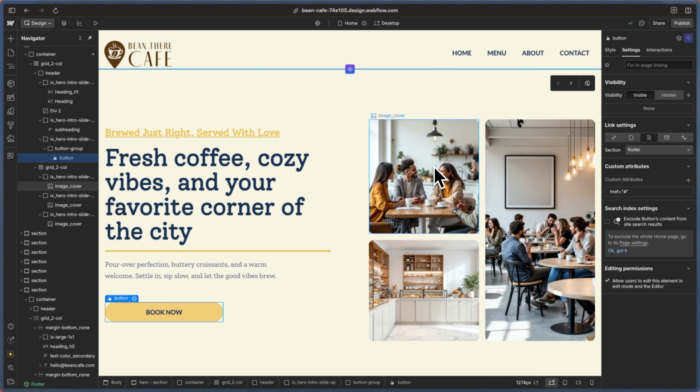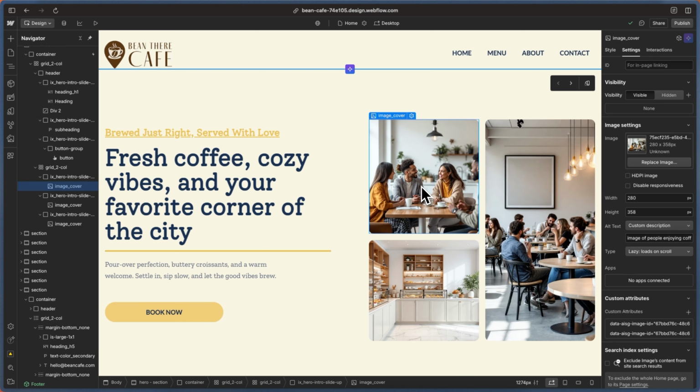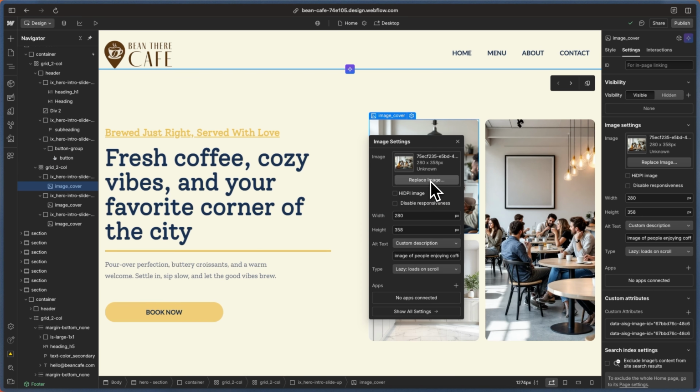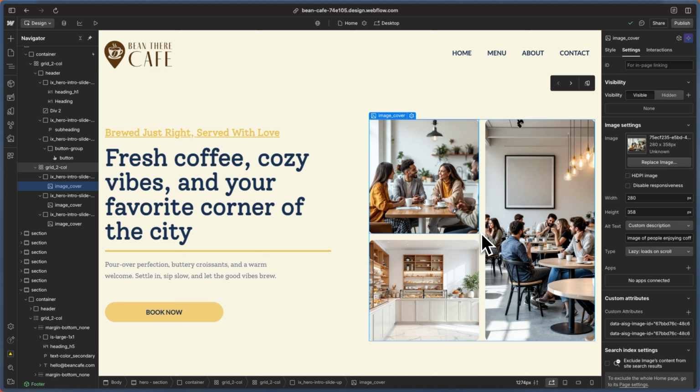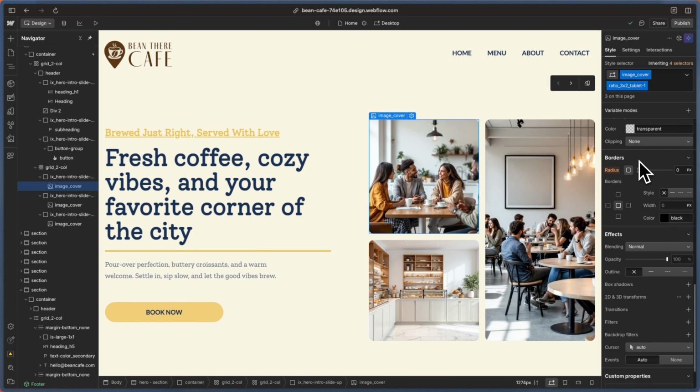As for the images, this will work just like any other image in Webflow. Just double click it to change it and click on replace image. Once you click replace image, you can change it with any image that you like on here. And if you're not happy with the borders, the alignment, the settings, you can go over here under style and change the styles. You can even add